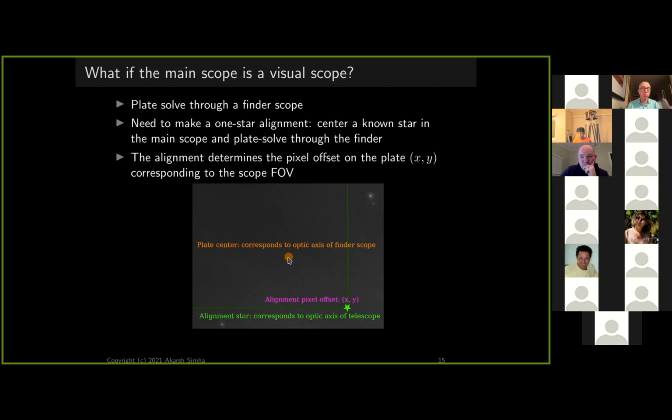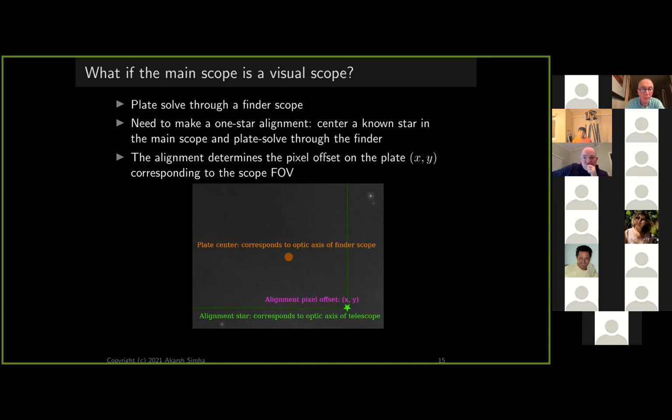So the optic axis of the finderscope is pointing somewhere. It's not aligned with the main telescope. That's the center of this plate. The actual star that I've aligned in the finderscope is at some offset X, Y, and my 1-star alignment procedure essentially memorized that offset. So if you're working with digital setting circles, which is another word for encoders, you actually